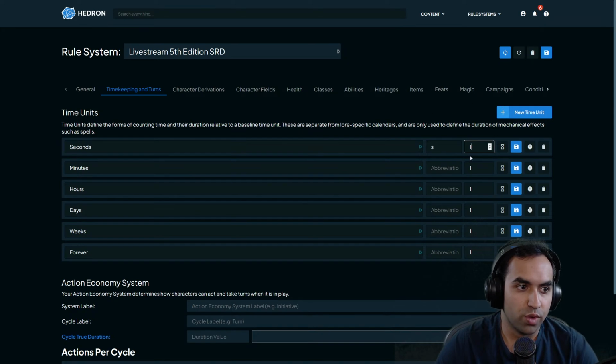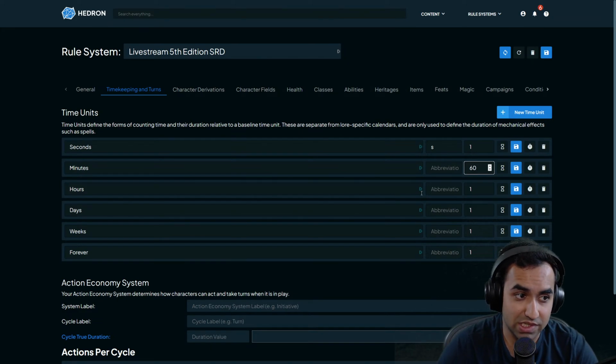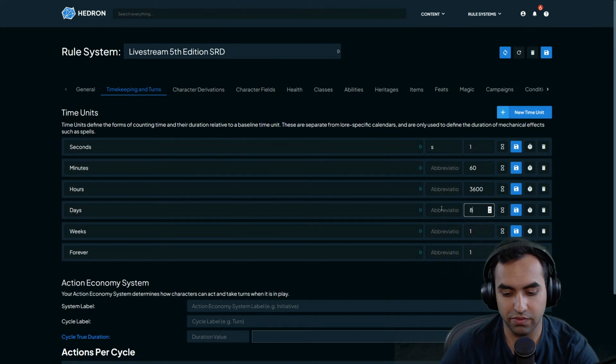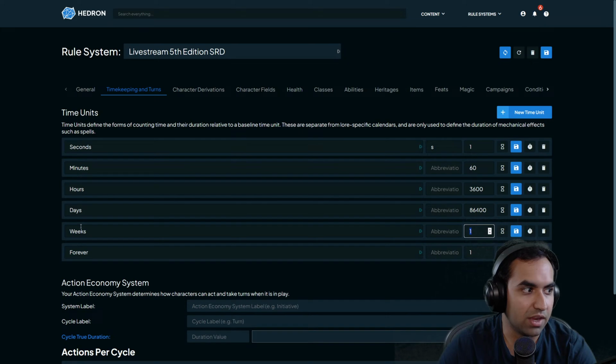So we're going to have our seconds be 1, which basically means the absolute time here represents how long something is in seconds. So we're going to say seconds are 1, which makes minutes 60, because there's 60 seconds in a minute. It's going to make hours 3,600, and then it's going to make days 86,400. Yes, I had that number pre-prepared. And then it'll make weeks